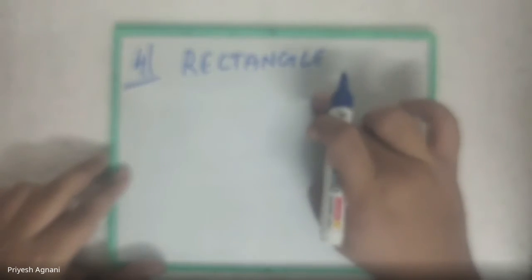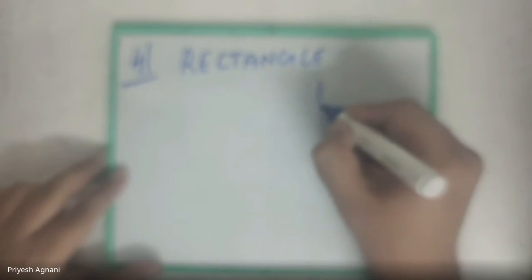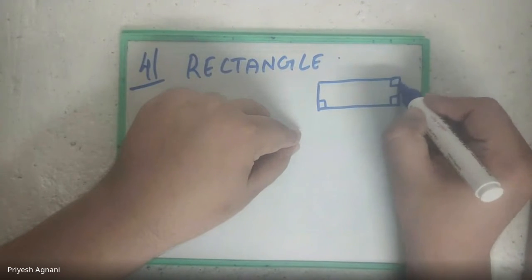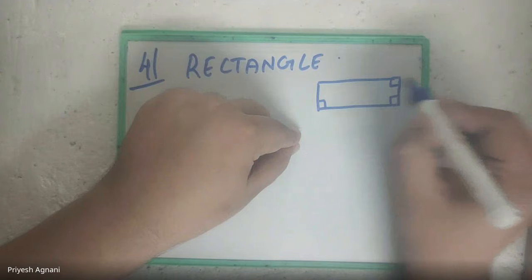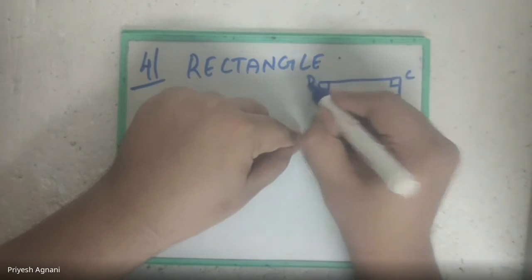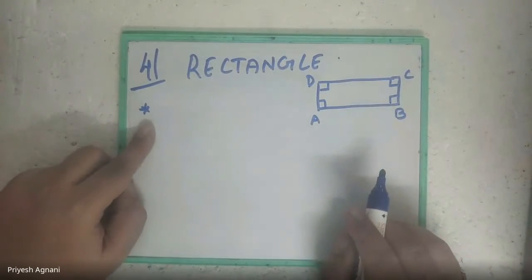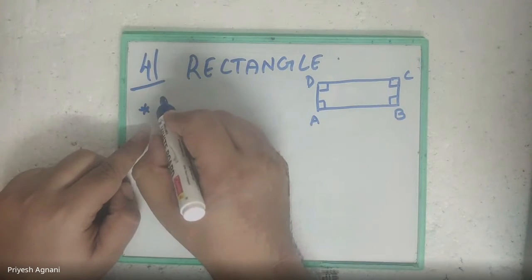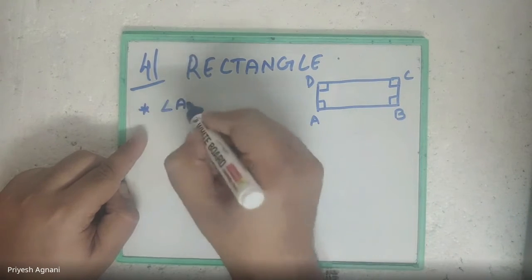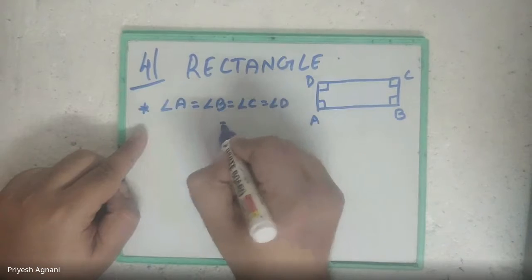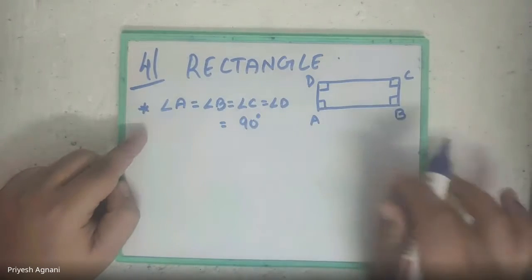Rectangle is not slant. It is a figure which has got 90 degree. Okay. Here we will study in the format of parallelogram. Here we have 90 degree. It is ABCD. Okay. Here the first point that we are going to write is angle A is equal to angle B is equal to angle C is equal to angle D, which is equal to 90 degree. Please write in one line only.